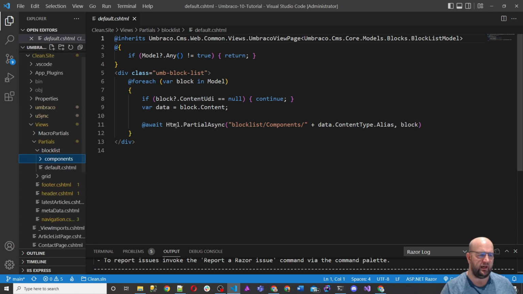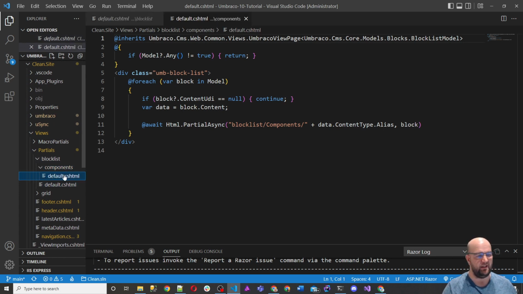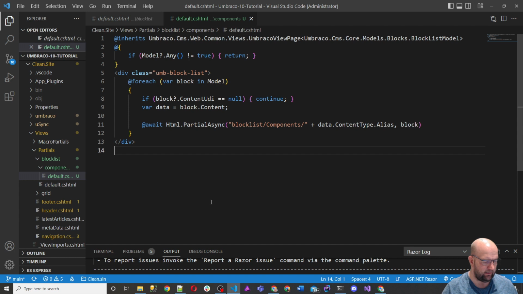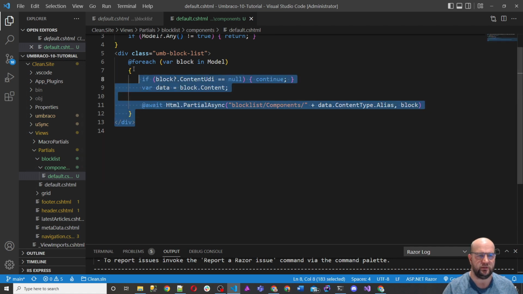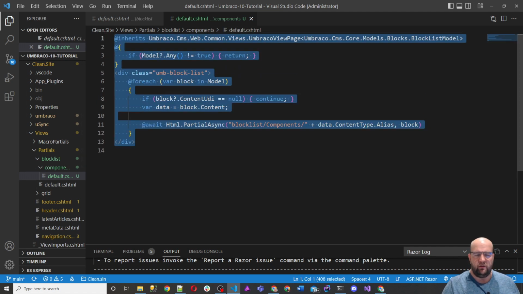like that. And then we would open that out, and then inside this, what I'm going to do is just copy default, just because it's a CSHTML file. It's just easier to copy it. And then what we'll want to do is we will want to create our blocks in this, our block list item model. So we will delete the contents of this, what's here,